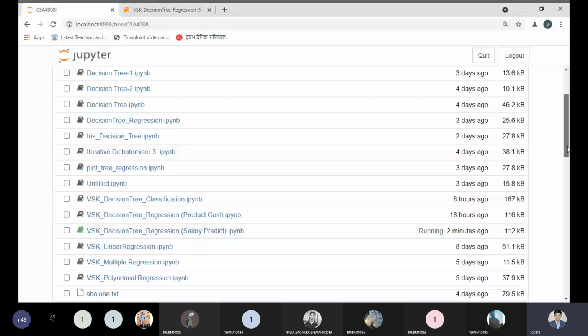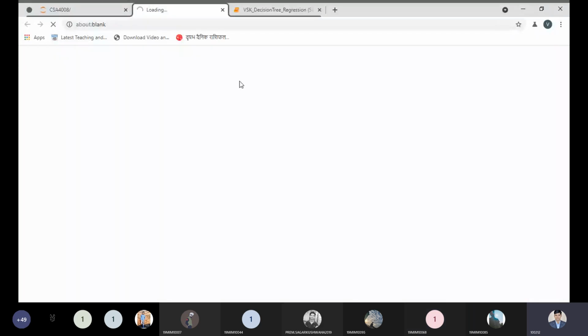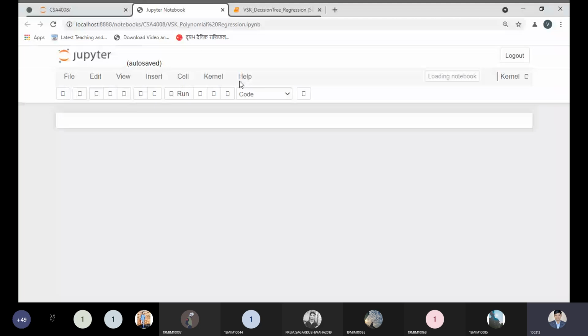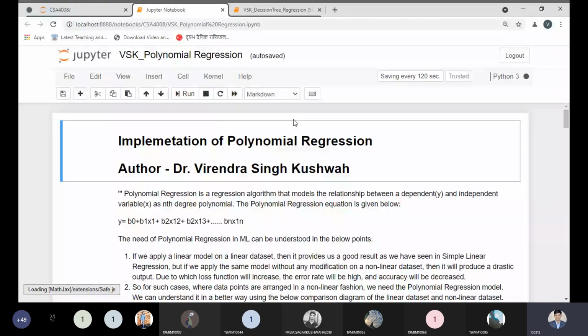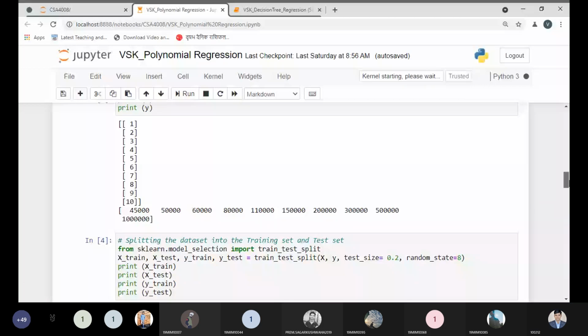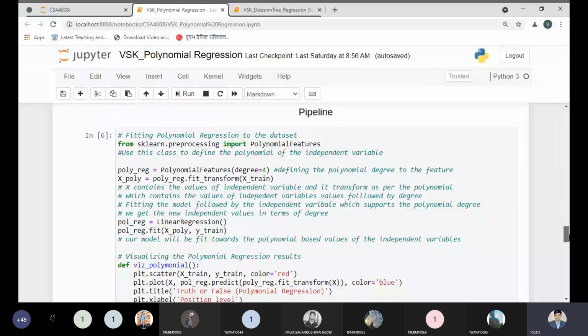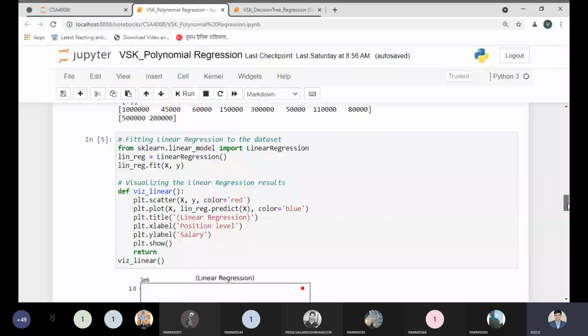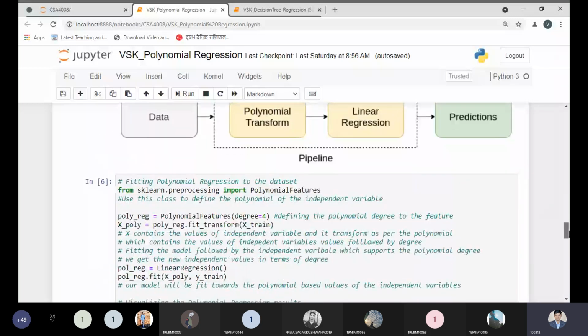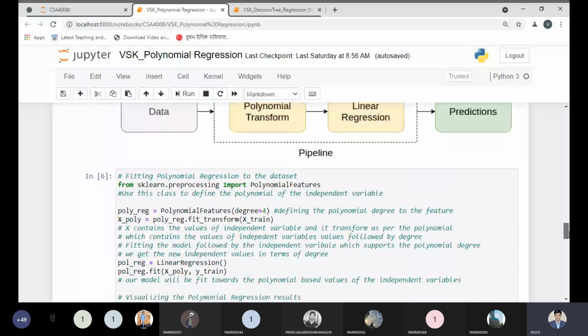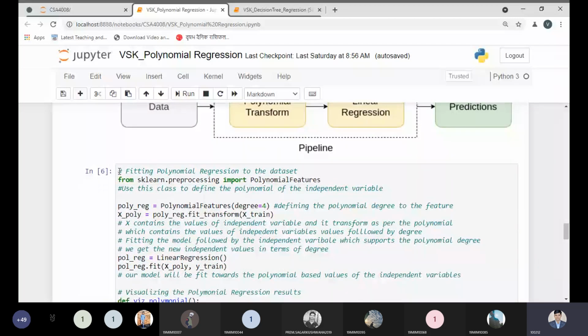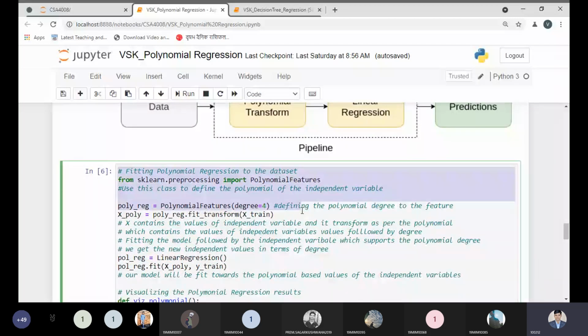Okay, so I'm just opening the polynomial regression code. Rather than typing, it is a better idea to copy only those parts from here. I'm not doing something new. So we have the linear regression, we fit the model. The polynomial feature degree and so on. I'm just taking this code as it is